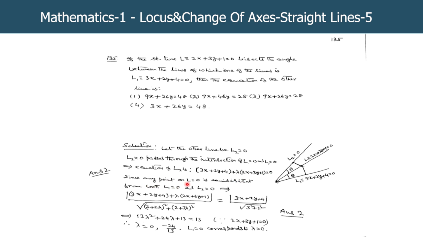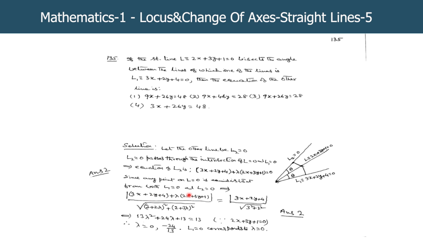Since any point on L equal to 0 is equidistant from both the lines L1 and L2, because a bisector means the locus of the point which is equidistant from two given intersecting lines, which is nothing but